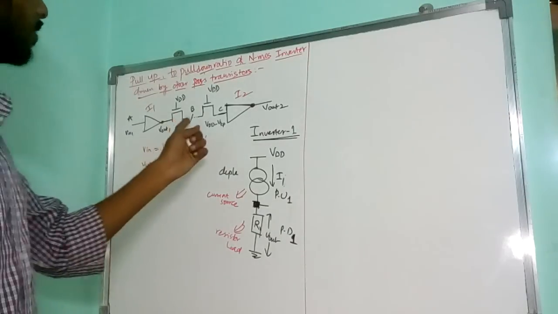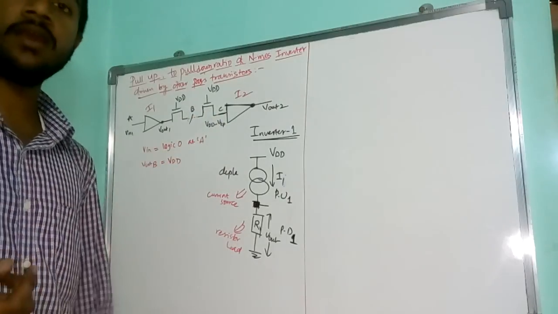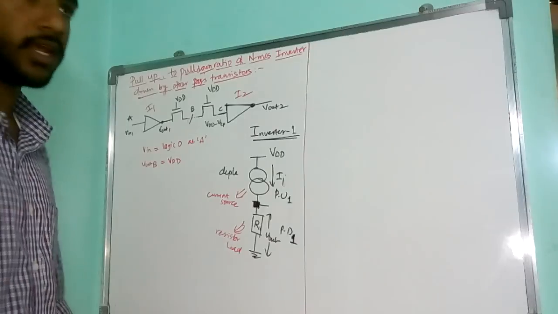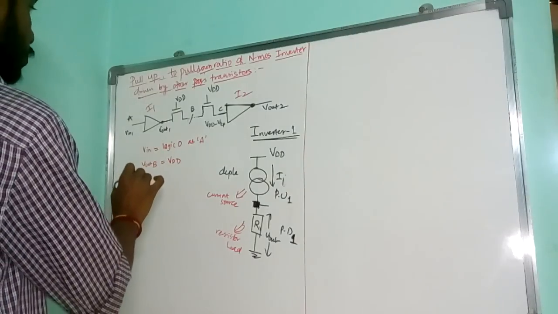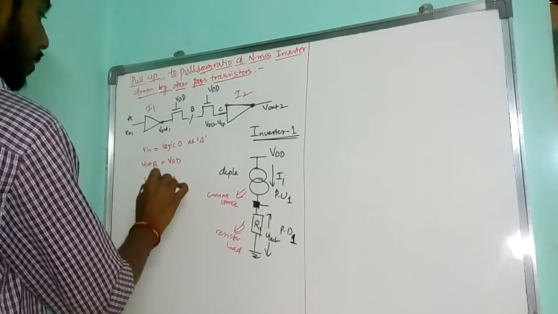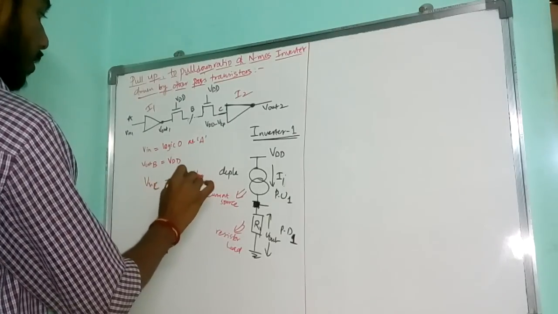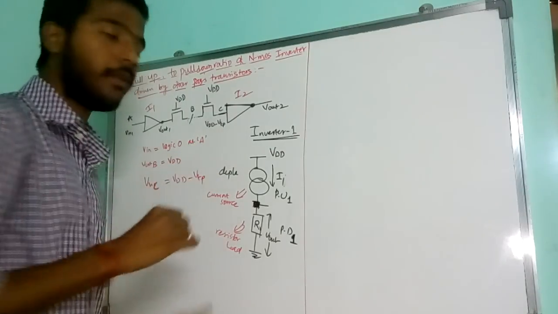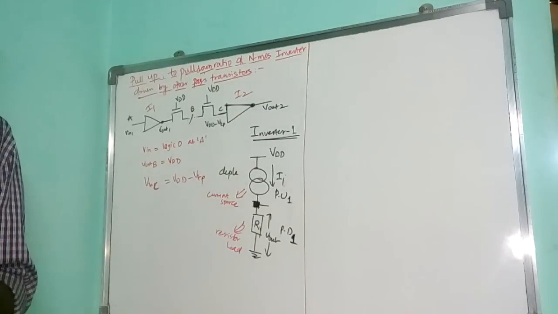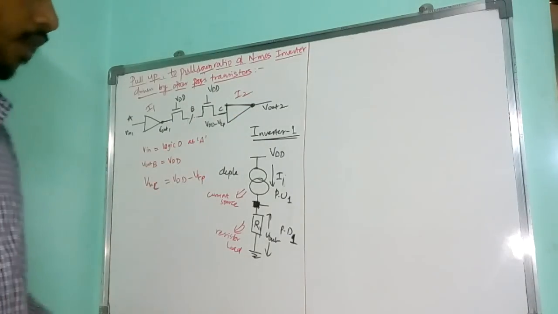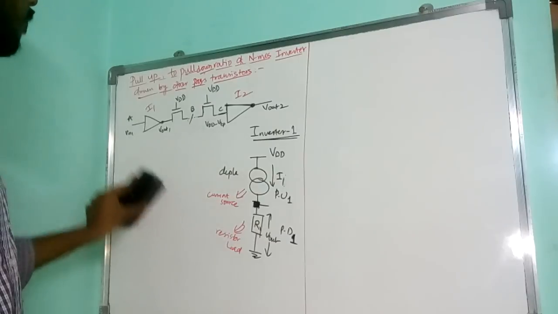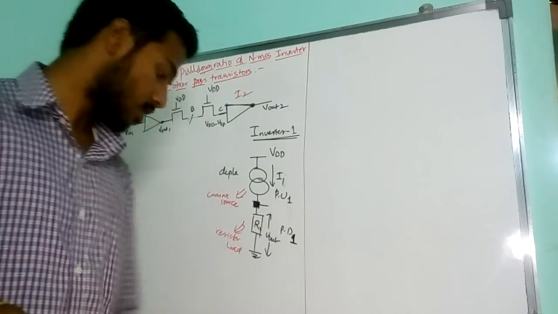Now again I pass through this transistor, there will be a loss of VT. There will be a loss of some threshold voltage from the input voltage. So my V input at C will be VDD minus the threshold voltage of the pass transistor, and it is applied to inverter 2. Now we will see how to derive the pull up to pull down ratio of these inverters.